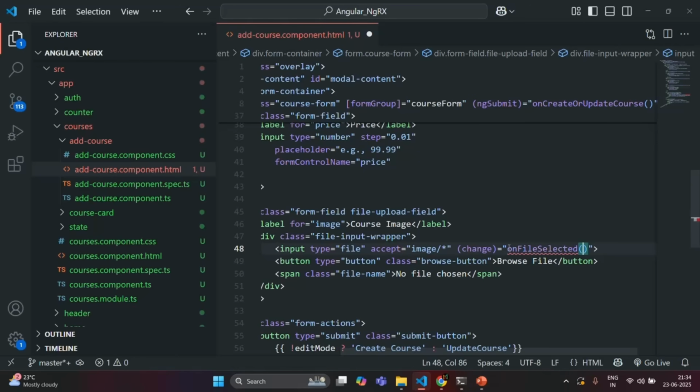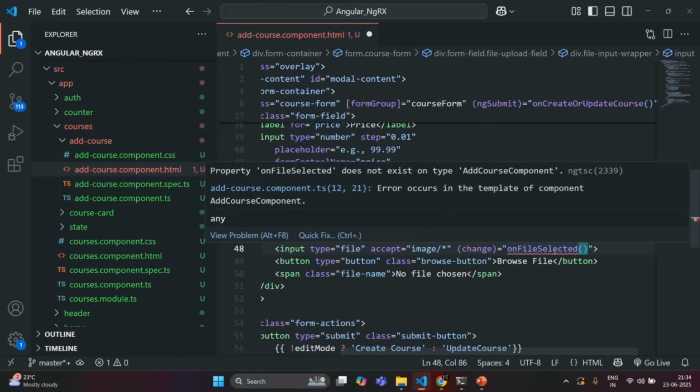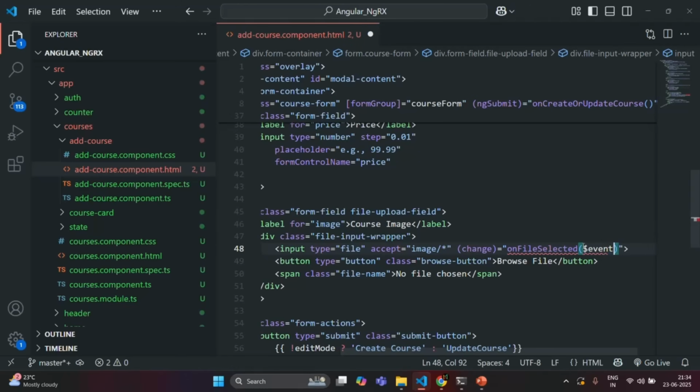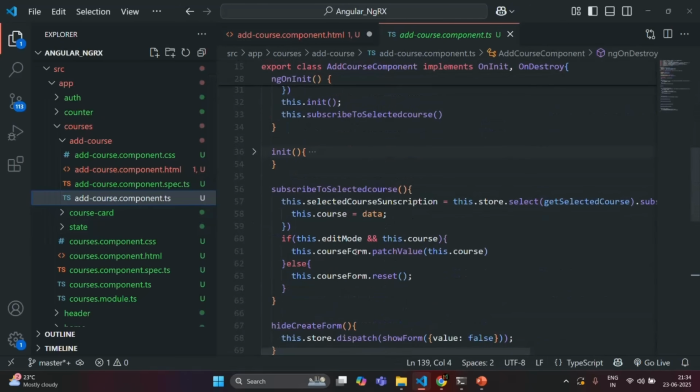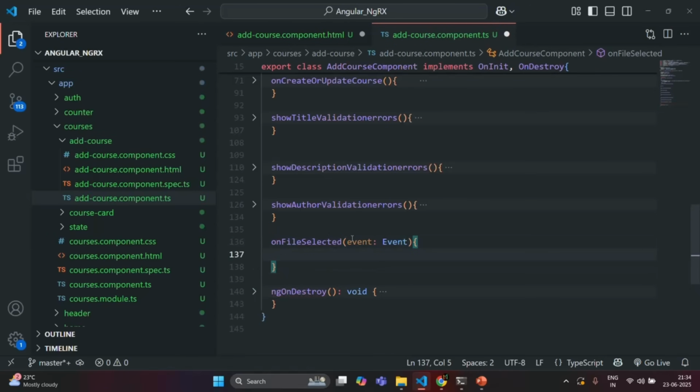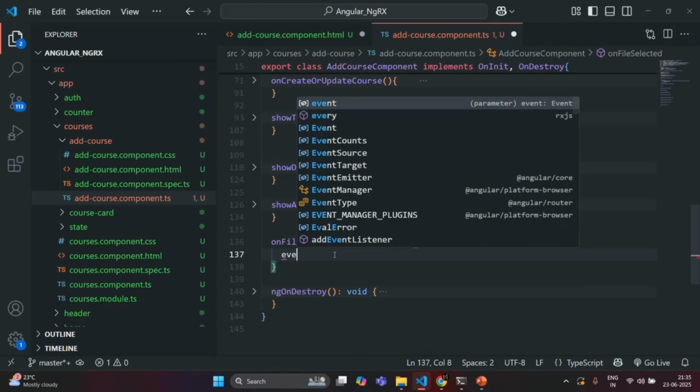So when a file is selected, we want to execute this method, and there we are going to pass the event which has occurred. So here we are basically passing the event object. Now let's go ahead and create this in the course component.ts file. Here I'm going to create that method. It gets a parameter of type event, and from this event we are going to select the selected file. So for that, here we can say